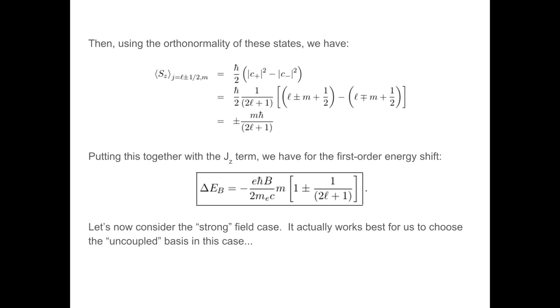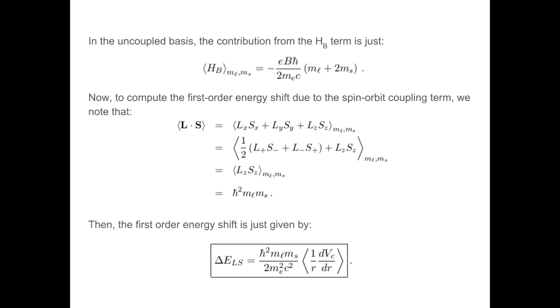In the strong field case, it actually works best for us if we work in the uncoupled basis, right? Because in the uncoupled basis, this HB, which is, again, the dominant term now, is easy to compute, right? Because it goes like LZ plus 2SZ, and so when we compute the expectation value,